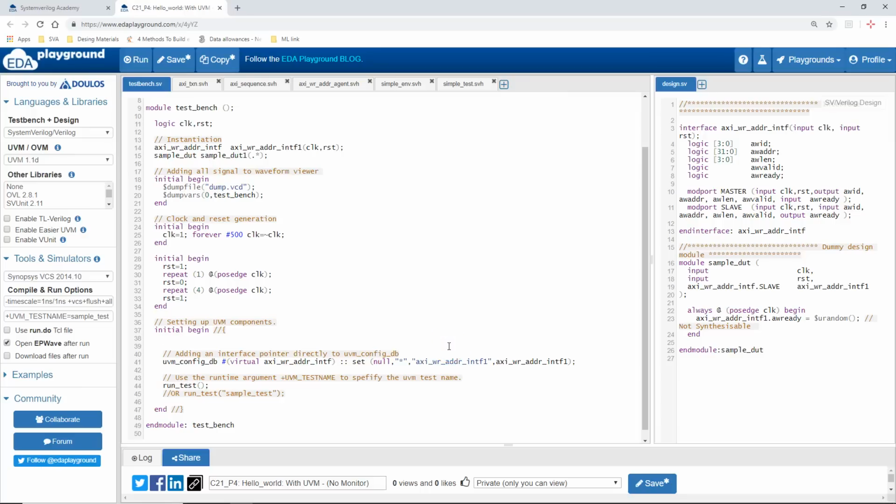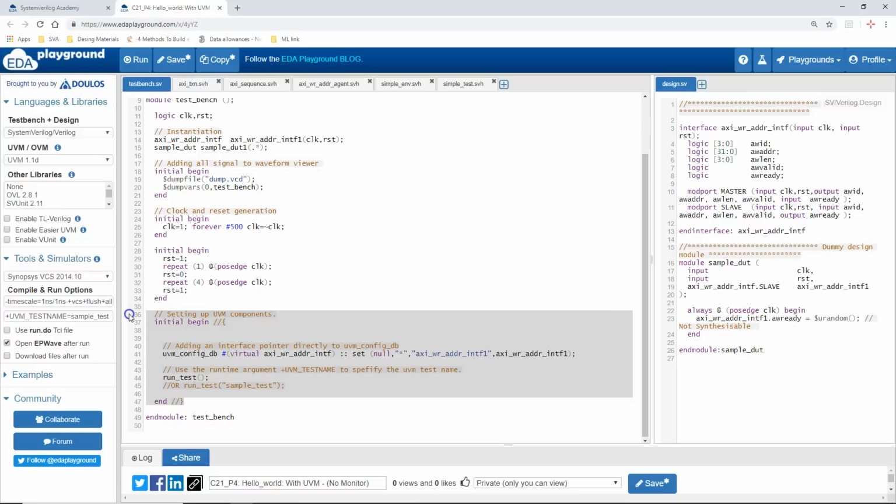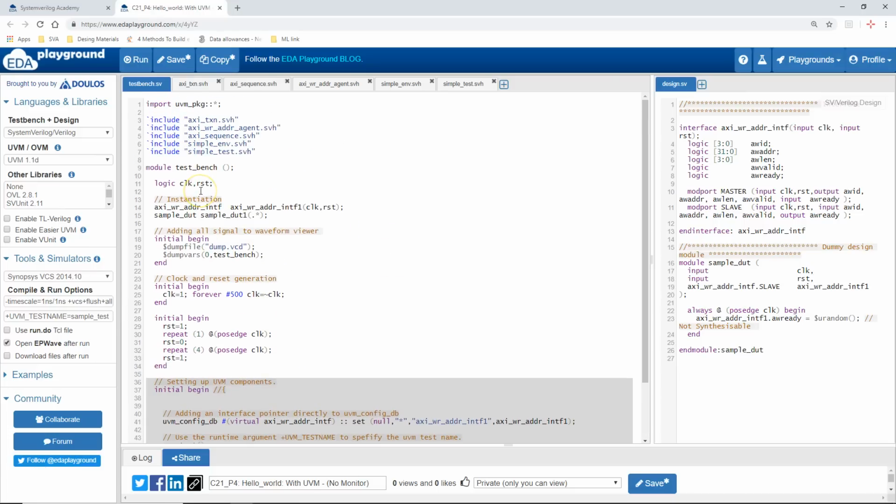Now you have completely written all the classes that are required to convert the original test bench into a UVM test bench, and finally we will go through the top level test bench module. This top level test bench module is exactly the same as that of your previous example without any UVM components, but there is only a slight difference. The difference comes only in the initial begin part. If you ignore this initial begin block, all of this module is exactly the same as your previous example without any classes, the pure SystemVerilog test bench example.